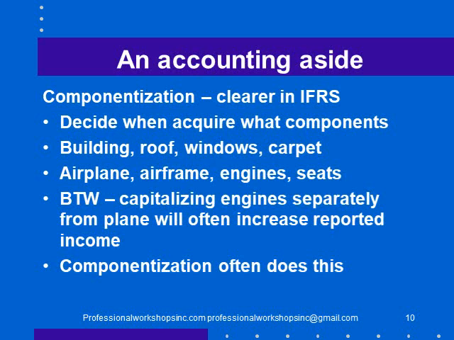So if you acquire a building, on acquisition you have to decide, am I going to separately capitalize the roof and amortize it over 20 years and the windows over 10 years and the carpet over 5 years? And if it's an airplane, do I capitalize the airframe separately from the engines, separately from the seats? And airplanes are interesting because while technical standards, aviation standards, will require the engines to be overhauled perhaps every 2 or 3 years,